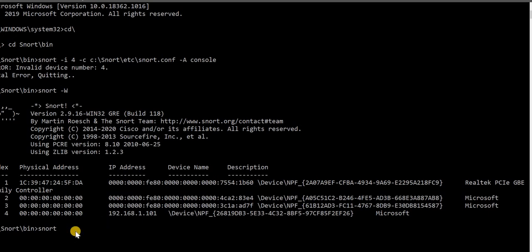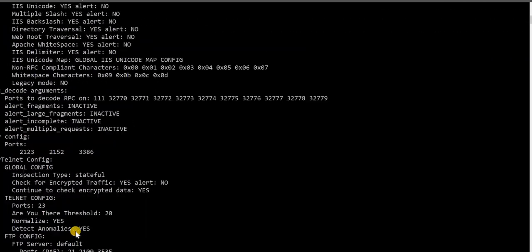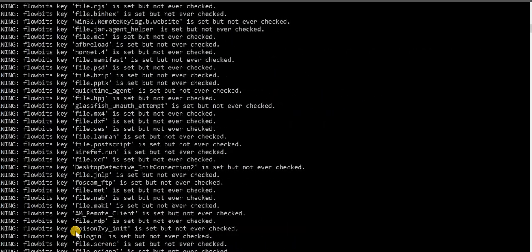I have to give the same command again and run Snort now with -i as 1. Let us see whether it works or not. So give the correct interface number while executing Snort.